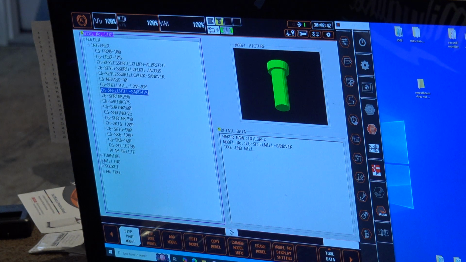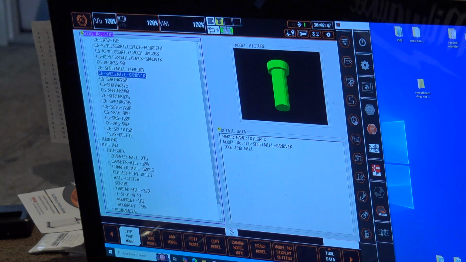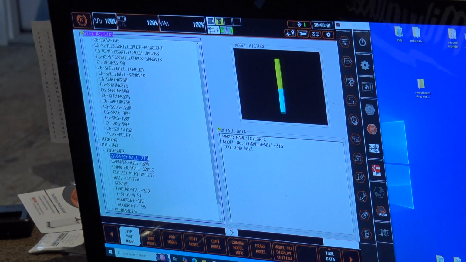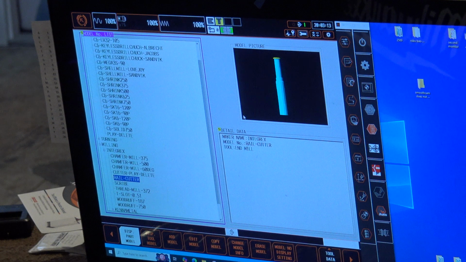And then in some cases you're also going to want to draw the cutter itself. That is under the category milling. And again, keep in mind I'm not talking about any turning cutters. I'm only talking about rotary milling cutters. So down here we have some cutters, and some of them just look like a chamfer tool. There's a cutter that looks like a threading tool, a single point thread milling tool. Anyway,